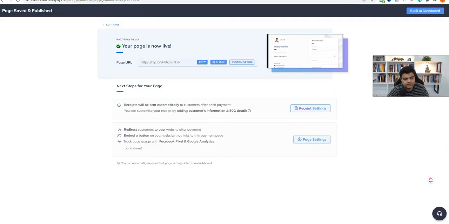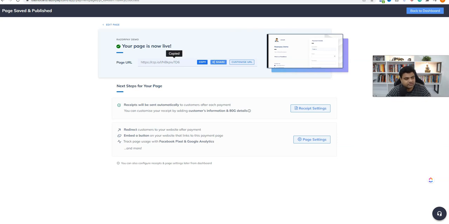Now here, either you can give this customized URL directly or copy it and share it with the audience, where they can actually do the transaction. But for us, in order to embed it on the landing page and make sure the page is redirected to the thank you page, we need to do something on Razorpay and also on the landing page. Since we have created the link here for the payment page, we need to do something on the landing page so that when someone clicks on the button, the page will redirect to this.